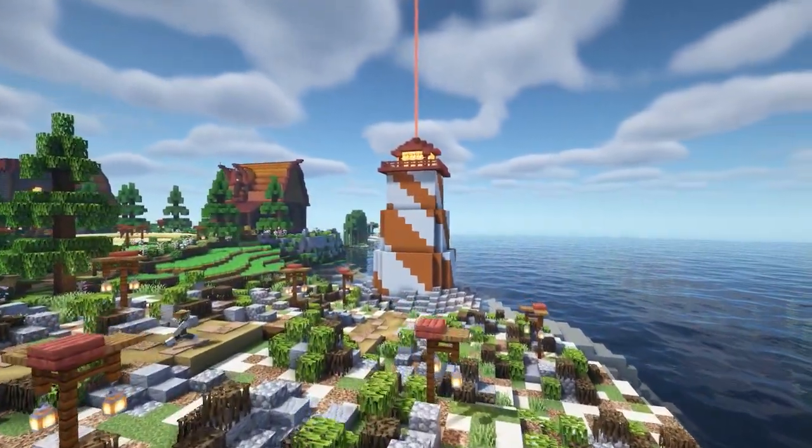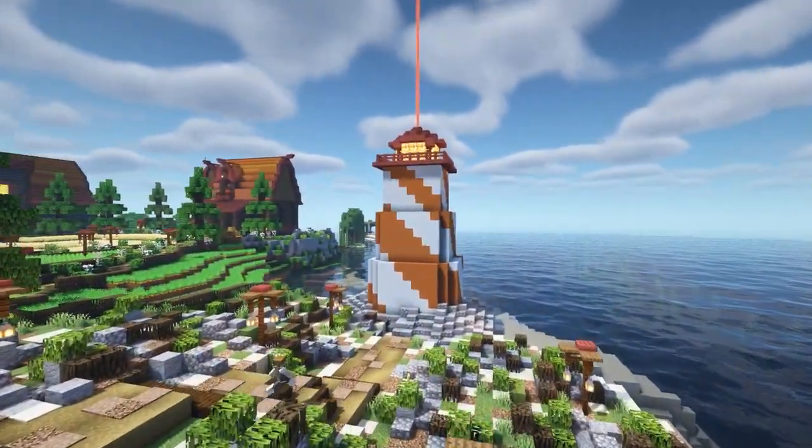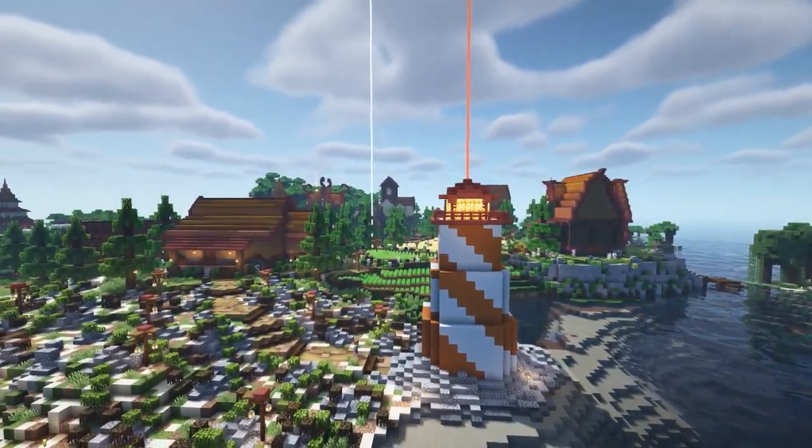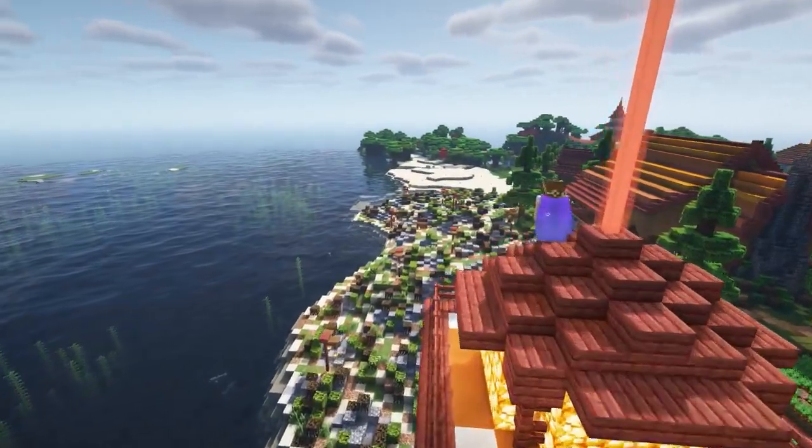And of course, we finish it with a lovely shaders overview of the whole beach, swooping down around this lighthouse. And Callie says bye, but because of